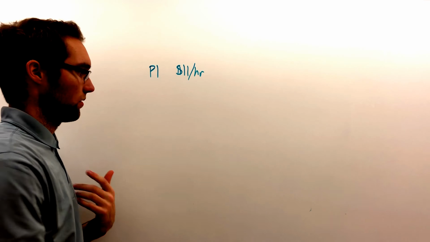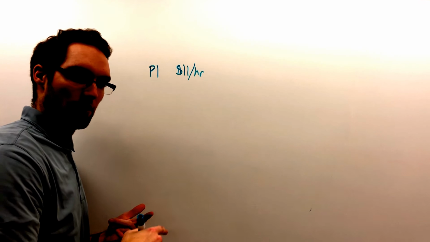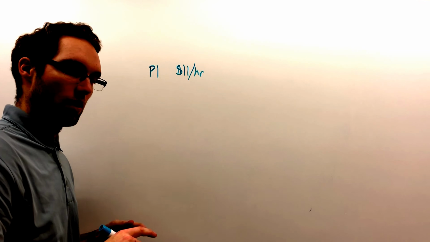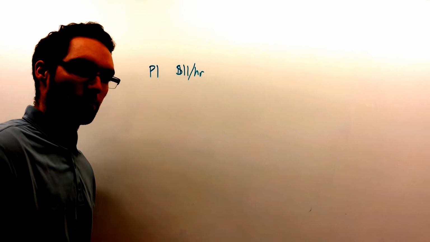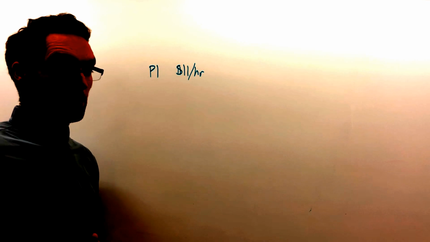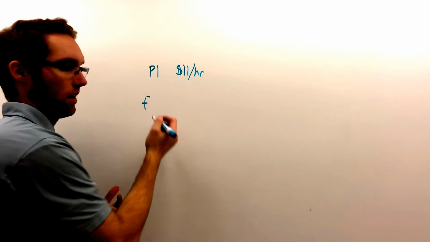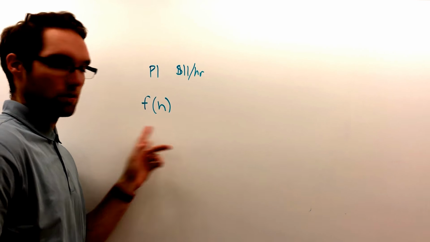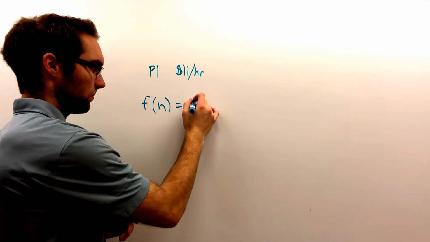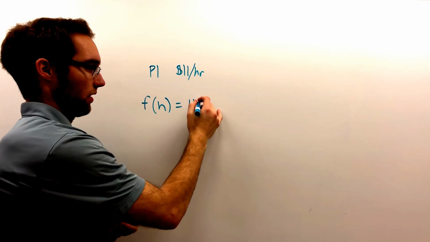Well, we know that for every hour you work, you make $11. If you work 2 hours, you're going to make 2 times $11. If you work 3 hours, you're going to make 3 times $11, and so on and so forth. So if I had to make a function to represent this, f of h, based on the number of hours, is equal to 11 times